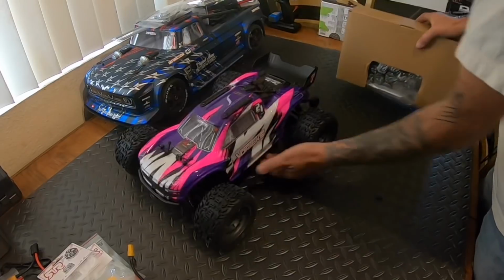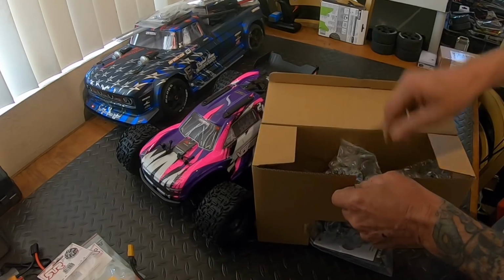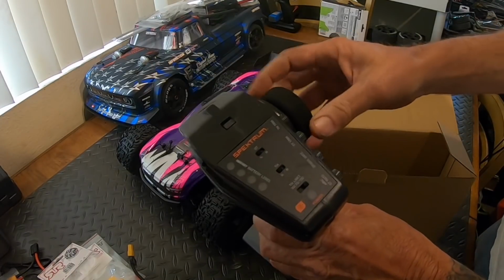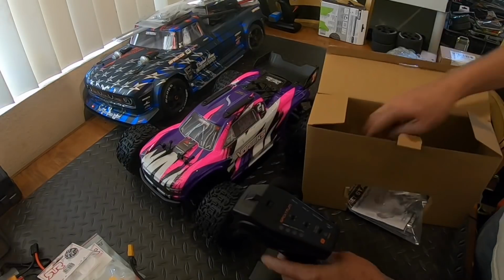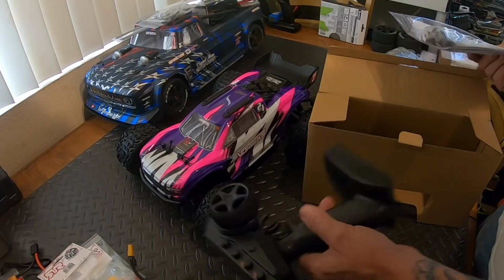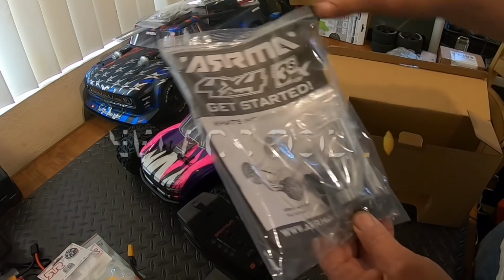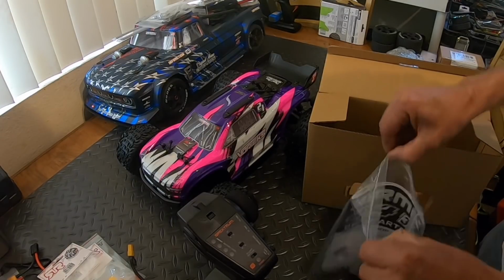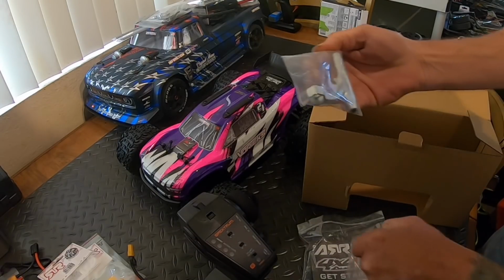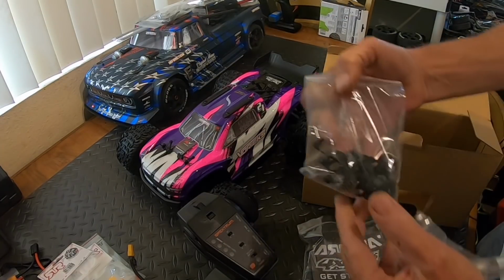We're going to go ahead and get the remote taken out of the box. It's supposed to have the better remote, and that's why it's supposed to cost more. So it does have the better remote controller, which is really nice, which means it'll bind to DX5, rugged or seat. Whole bag of tricks right here. That's a new tool that I haven't seen before from Arrma. This little funny wrench that they got in here. This is definitely new. Haven't seen this with any of the Arrma stuff, and it does have an optional pinion